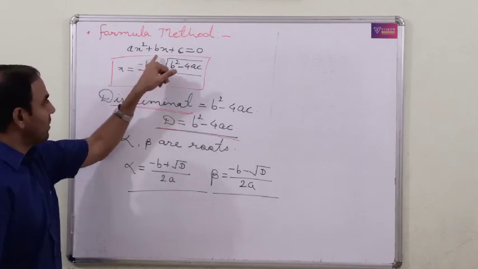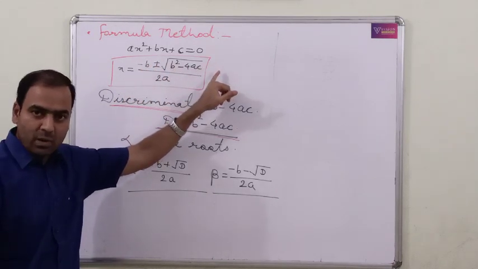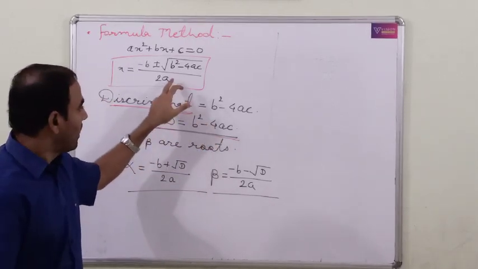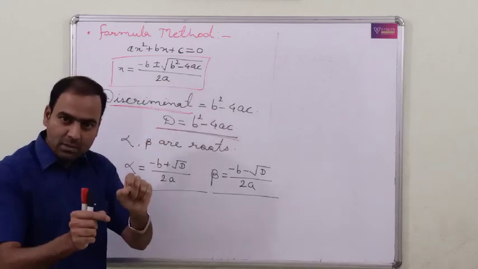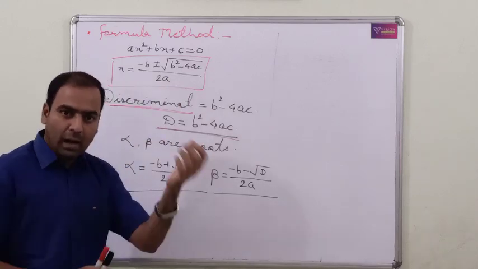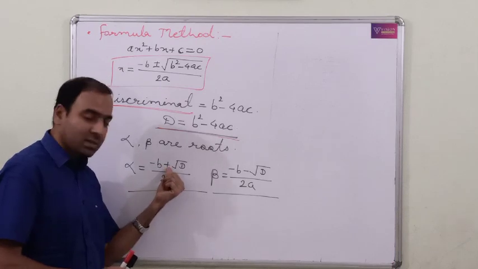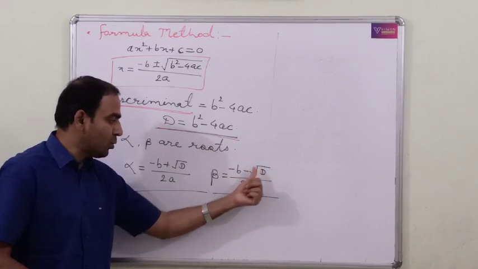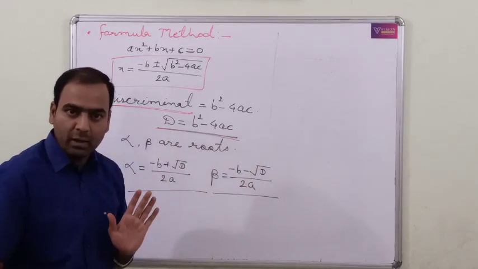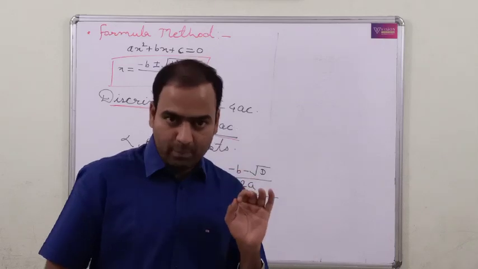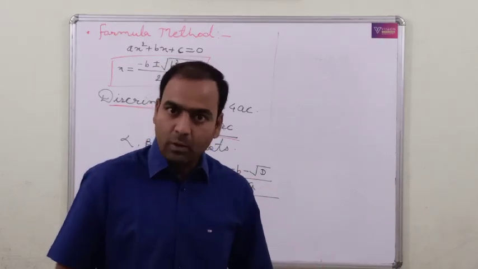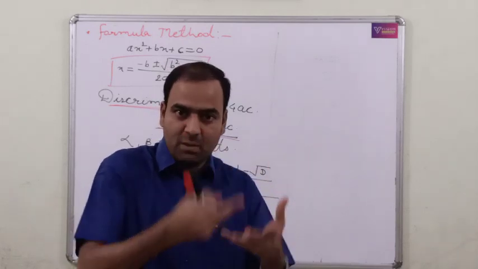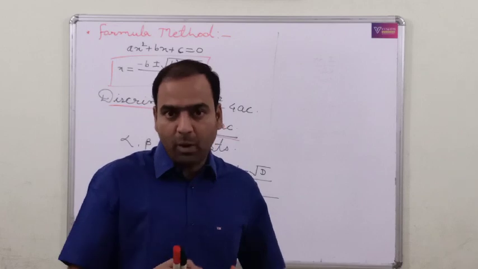What is the formula? x is equal to minus b plus or minus under root b square minus 4ac upon 2a. b square minus 4ac को क्या बोलते हैं? Discriminant. So it is plus or minus; alpha and beta are the roots of the equation. Alpha we take as minus b plus root D upon 2a, beta we take as minus b minus root D upon 2a. Okay, have you got it? Today first of all we are finding the value of the discriminant. कुछ क्वेश्चंस मैं यहाँ पे दूंगा, कुछ क्वेश्चंस आपको घर पे एंजॉय करना है. आपको पता है जो मैंने स्किप किए, उसको एंजॉय करना है. उसमें अगर कुछ प्रॉब्लम्स आते,